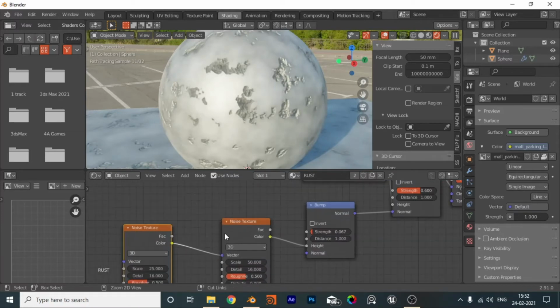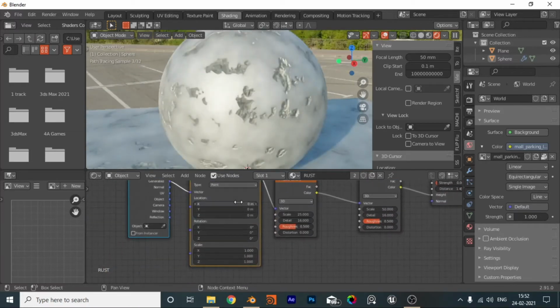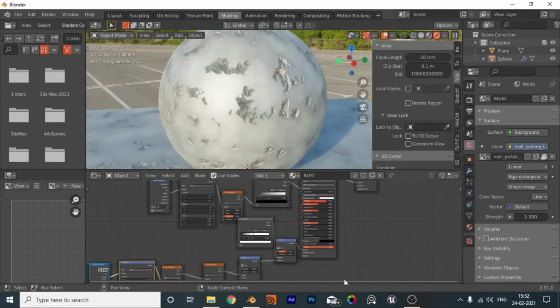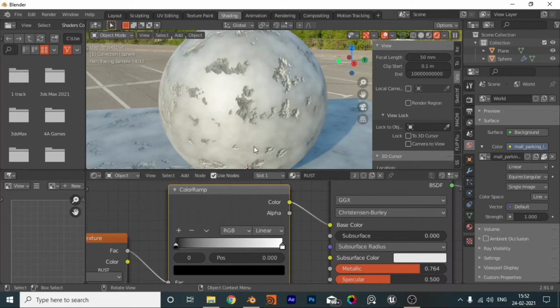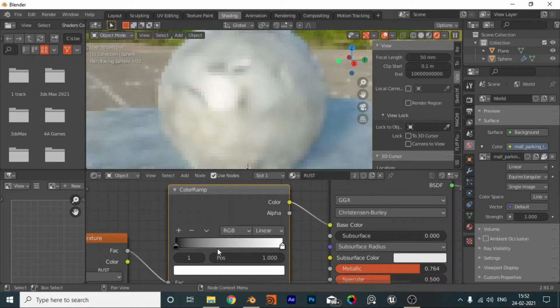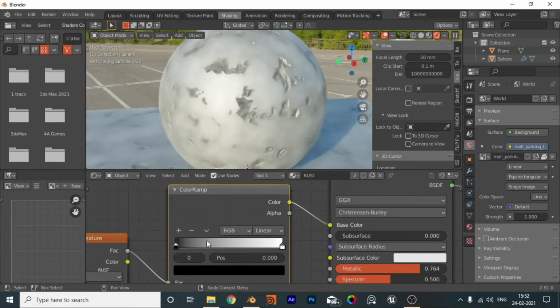I will just give it a texture coordinate node, and let's just put the object into the vector coordinates, and here is the simple node based setup. Now we are going to play with the colors. As you could see, this is white and this is black. So I will add another. This is gray, so the gray part which is near to this gray will change.